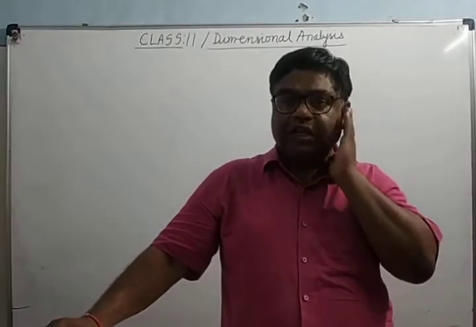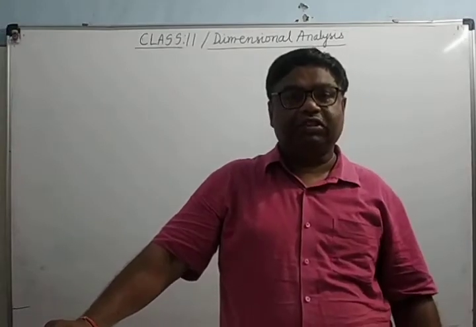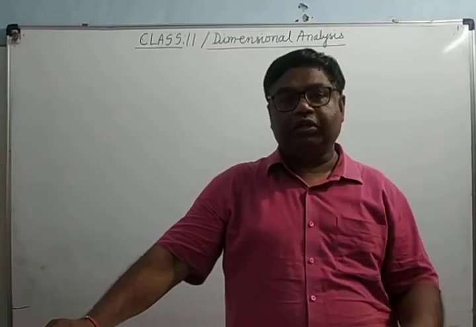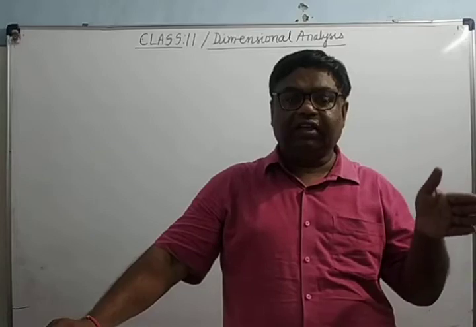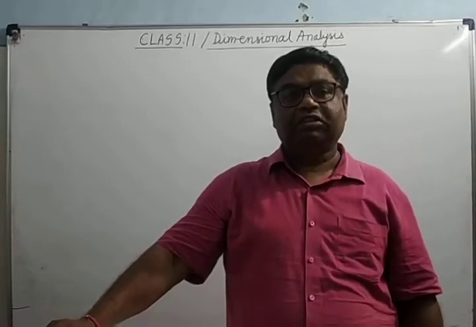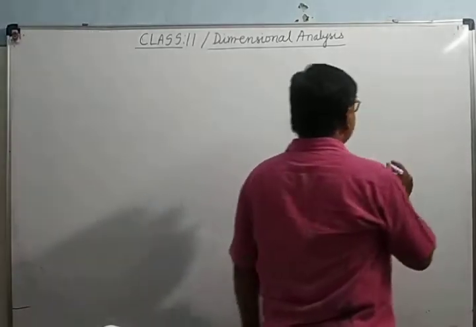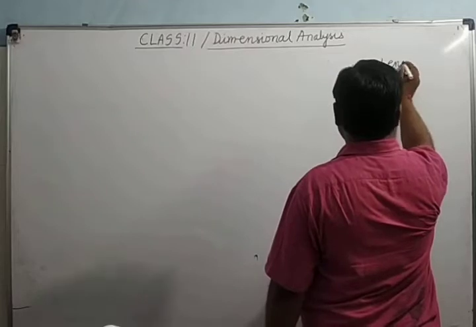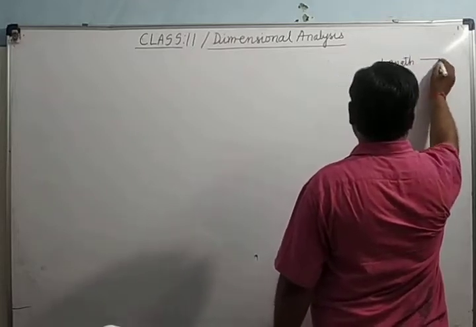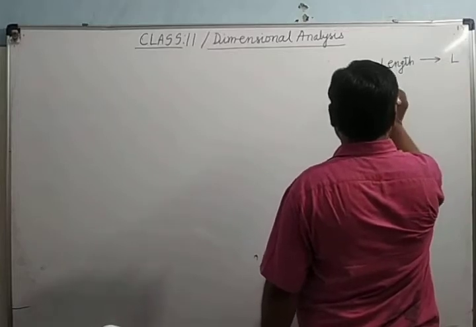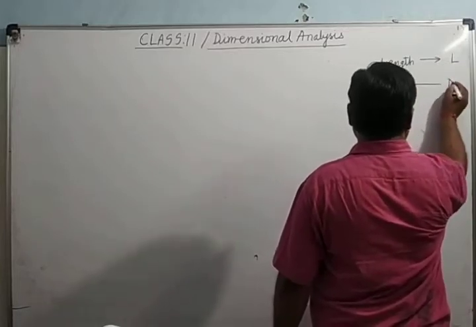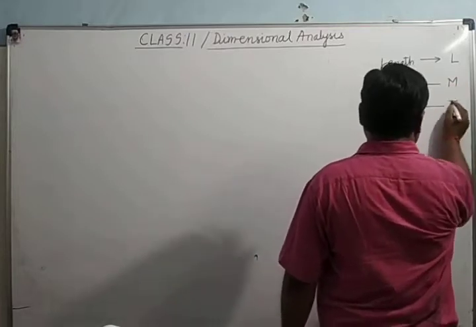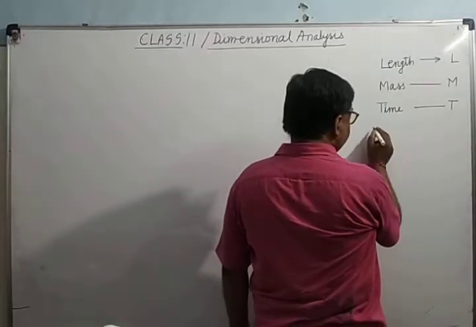All of you remember one thing, that there are two ways of determining the dimensional formula. Either the formula of that physical quantity should be known to you or the unit should be known. You can translate that unit into the dimensional formula. One more thing, here these are the SI units. Length, unit of length is denoted by symbol capital L. Mass we denote by capital M. Unit of time we denote by capital T. These symbols we will use.